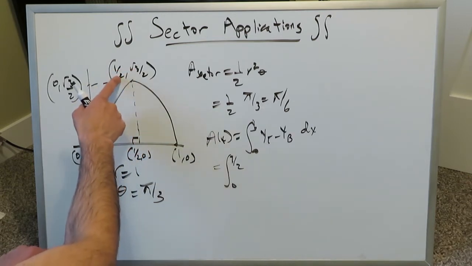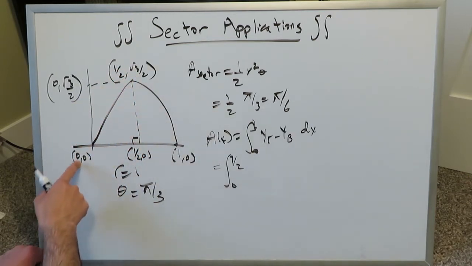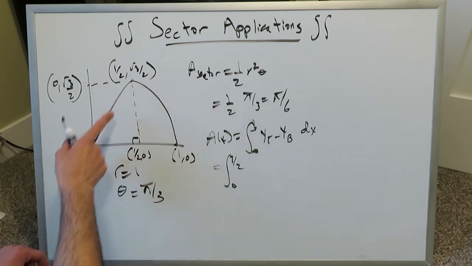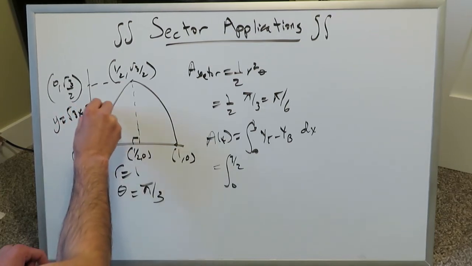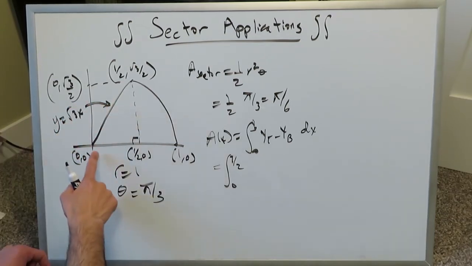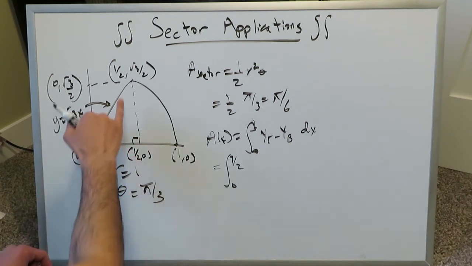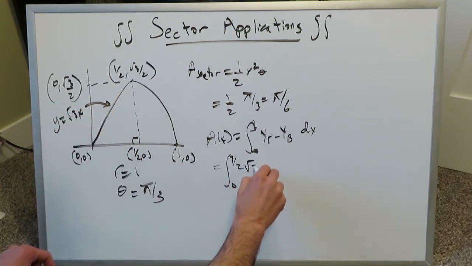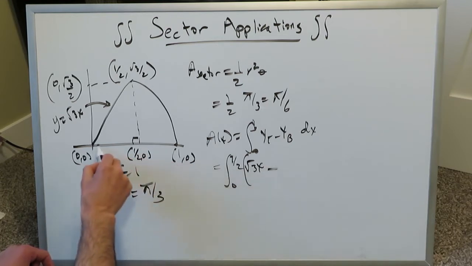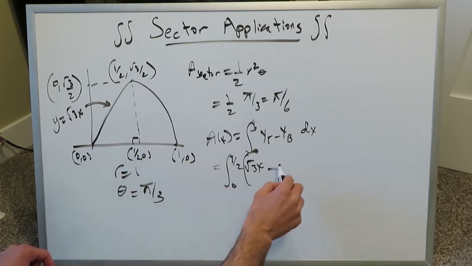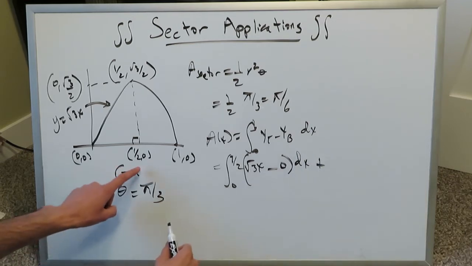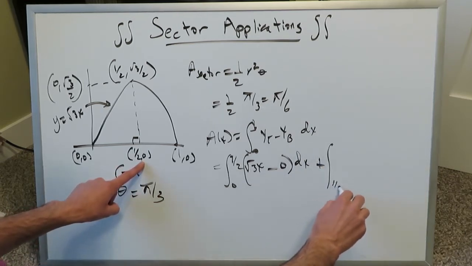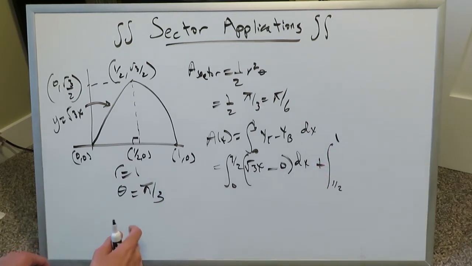If you have 1 over 2 comma root 3 over 2 and 0 comma 0, you can easily use the slope and y equals mx plus b format and determine the equation of this line, and the equation of this line would be y equals root 3 x. So from 0 to half, you have a top boundary curve of root 3 x. The lower boundary curve is just the y equals 0 x-axis, which is meaningless, and you don't have to even mention that. Plus, then from the interval of half up to 1,